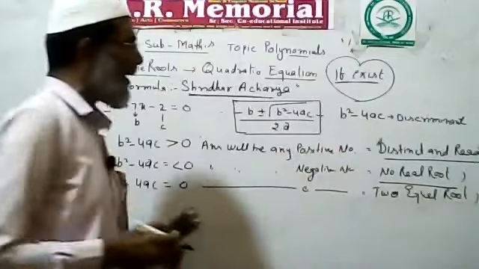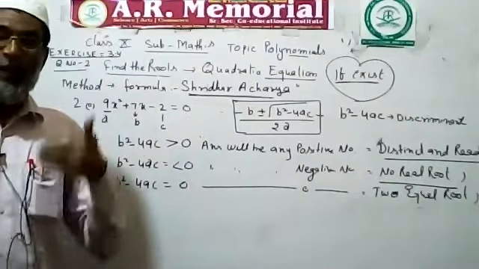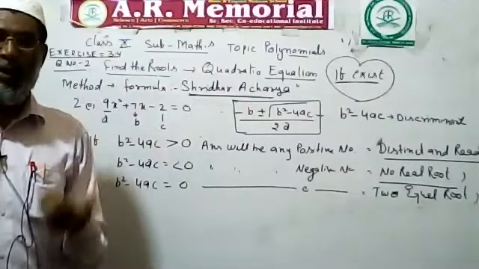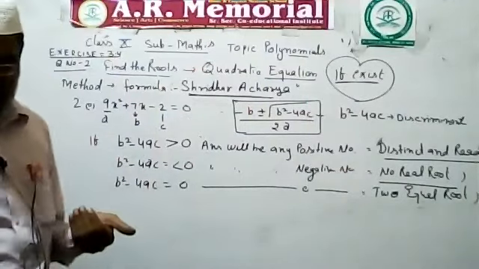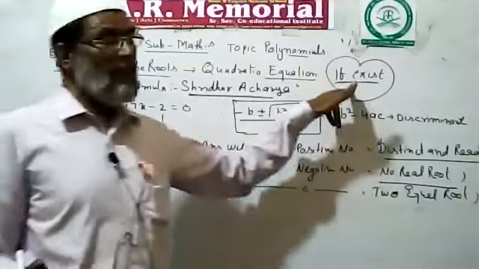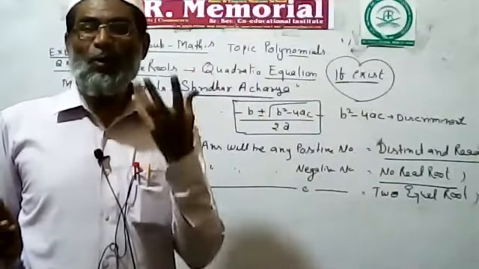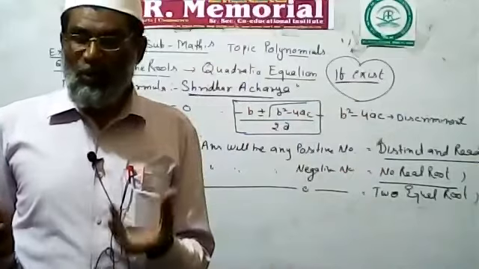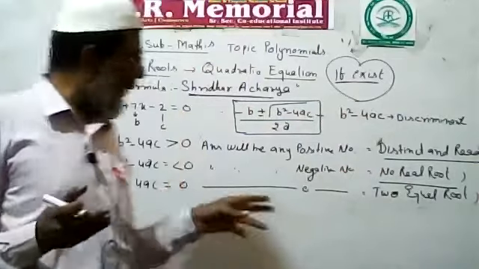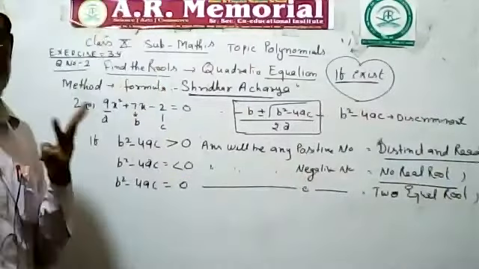So first of all, if the question is given and the method is also given, solve the quadratic equation and find its zeros by the Sridharacharya formula, and the condition applies. First of all we want to check whether we can solve it or not. This discriminant formula leads us to three cases.